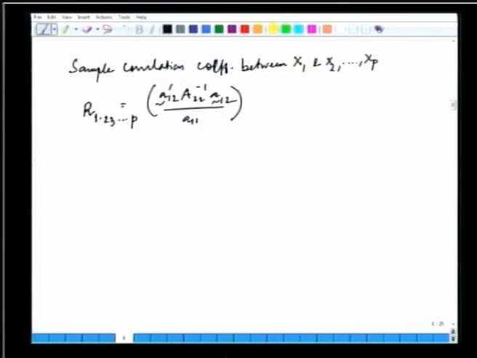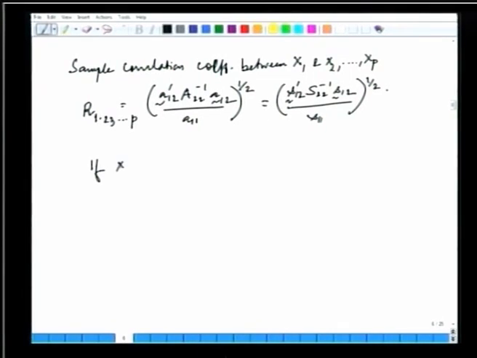Note that if I write it with the elements of the S matrix, then this does not change, and this is exactly because of the relationship between A and S. So, this is S12 transpose S22 inverse S12, and then I have S11 raised to the power half, right. One thing can be noted from here that